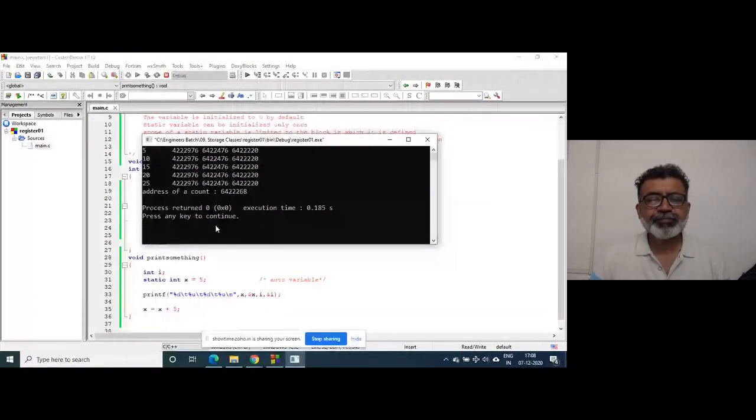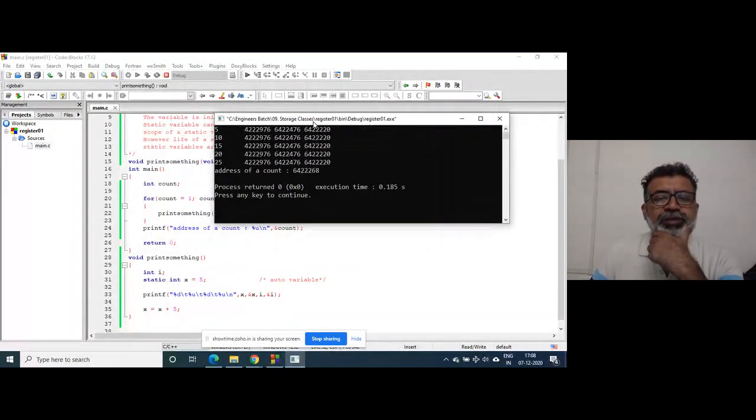So it is here. See here. This is the value of x when control goes inside the function the first time. Now see the address of x: 4222976. Is there a huge difference between this address and this address? This is the address of a static variable.